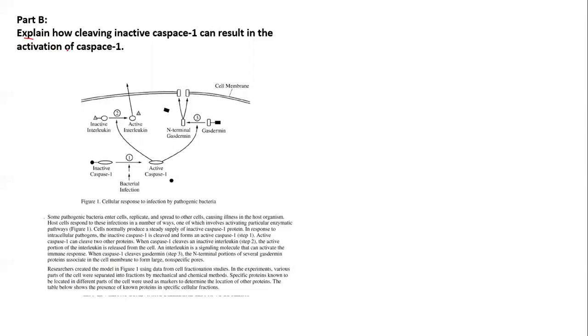For part B, it says, explain how cleaving inactive caspase 1 can result in the activation of caspase 1. Okay, so this one is kind of interesting, and you might be kind of freaking out about how to answer this. It's actually a lot more simple than you would think. So remember that the key thing on this one would be allosteric inhibitors/activators,